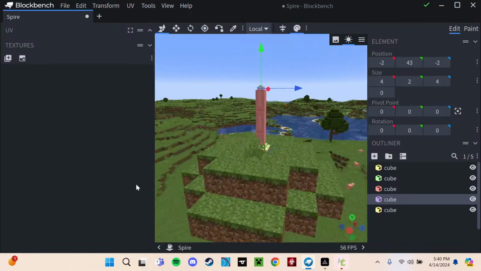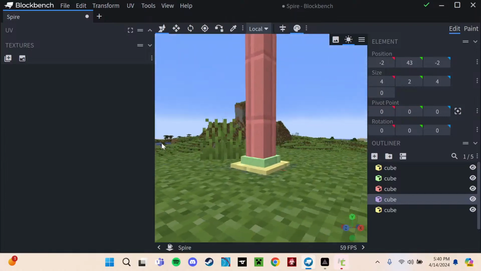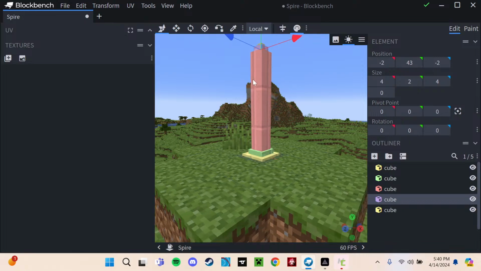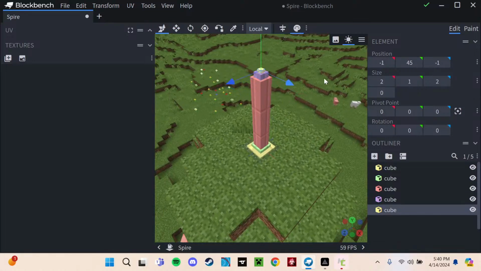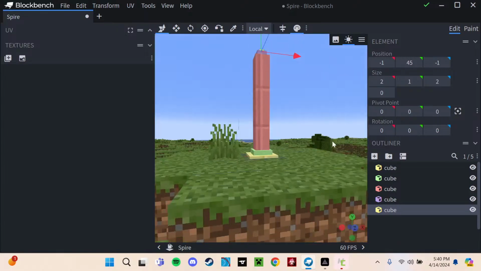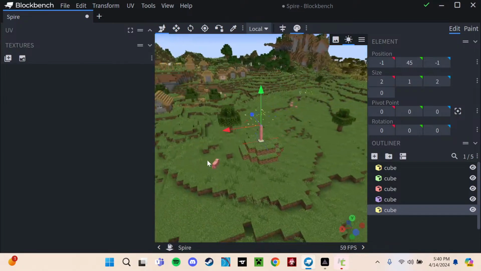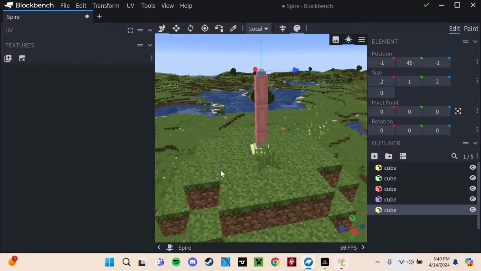How many blocks tall is it? I guess by this logic, it's at least 43 pixels long. 45 pixels tall. 45 divided by 32, it's about a block and a half tall. It's shorter than Steve, but it's pretty normal, I guess. So time to,